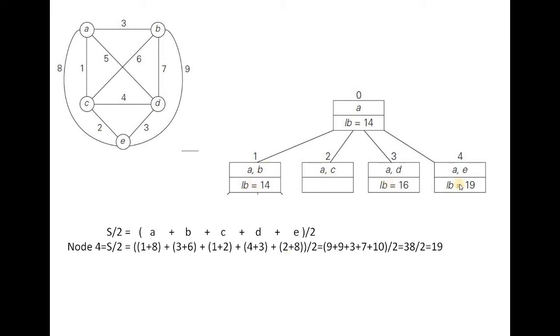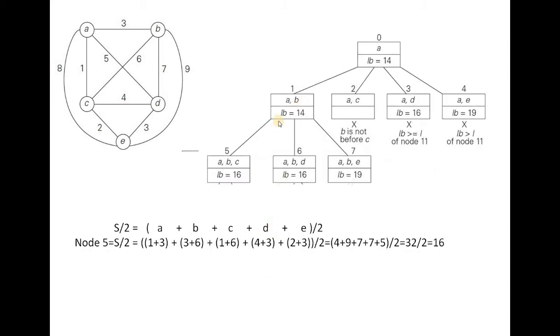So out of these three nodes, least lower bound value is 14. So this is a promising node. These two are the non-promising nodes because the values are greater than 14. So this is the node which is to be explored to the next level. So here A to B route is fixed at this level. So next the possibilities are B to C, B to D and B to E. Right, three possibilities are available.